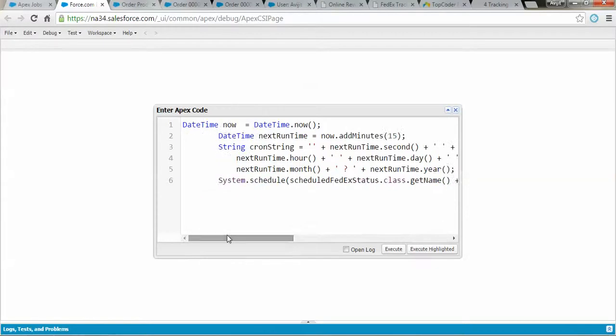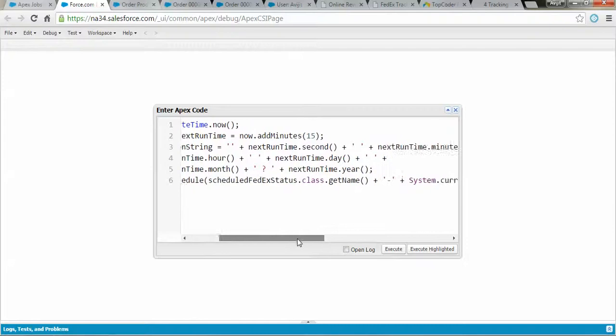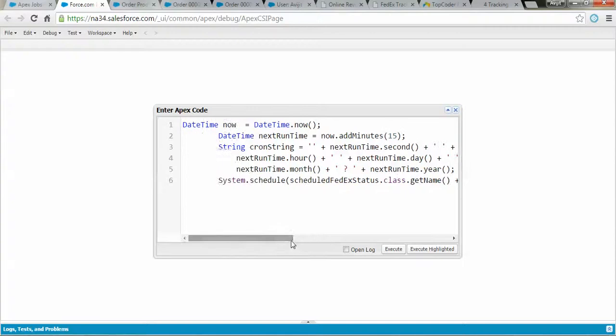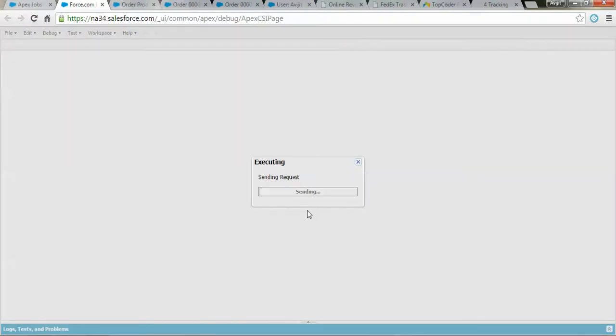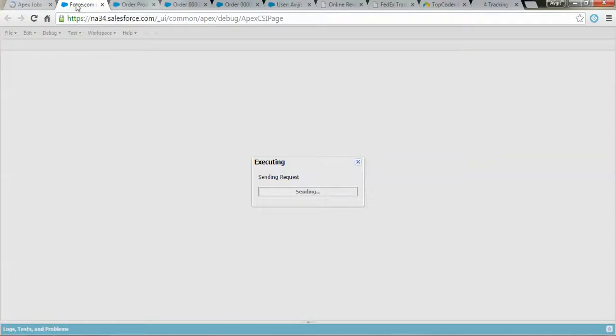This is for the first time. It is taking a time.